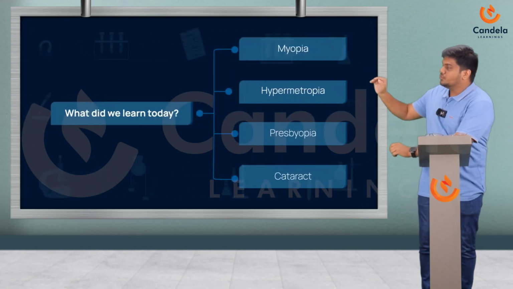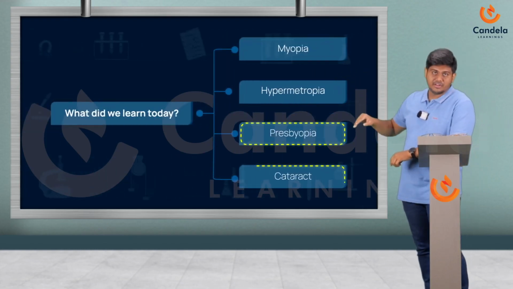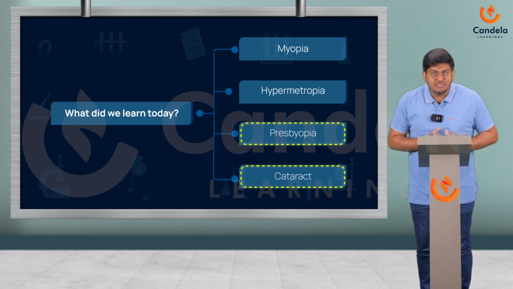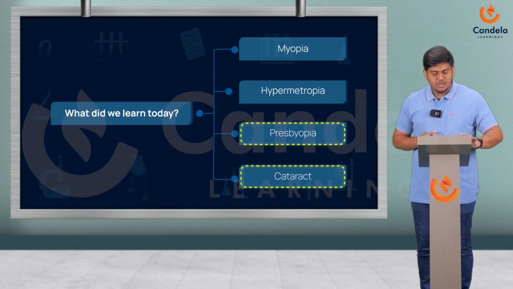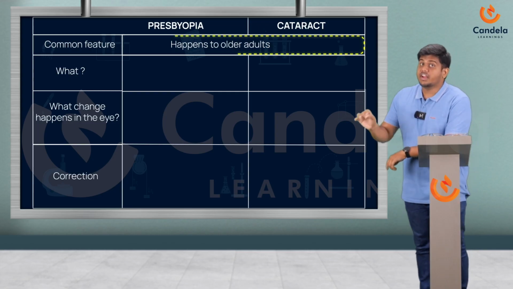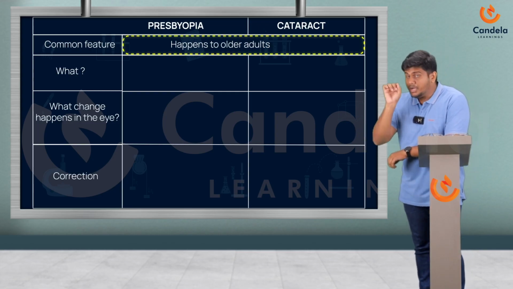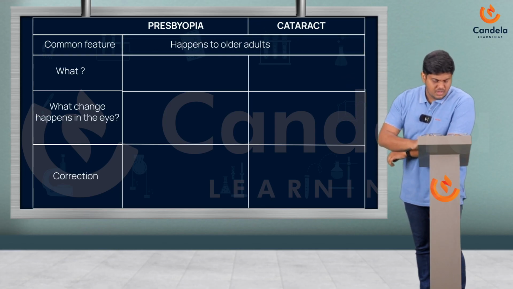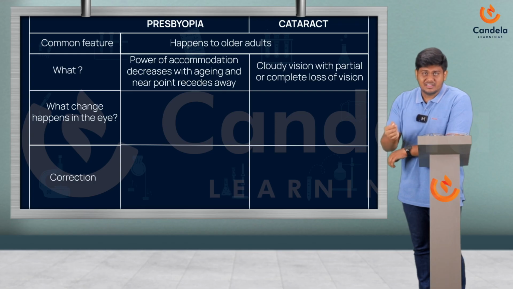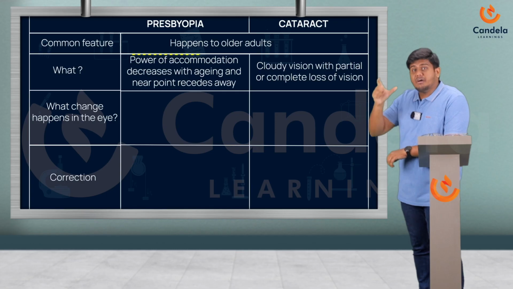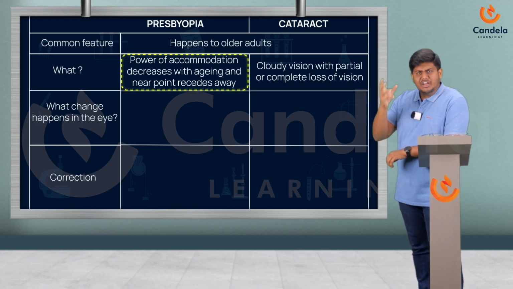Now let's move on to the last two topics, that is presbyopia and cataract. We will look at both of these questions together because there is a common feature for both of them. What is the common feature? Both of them happen to older adults, not to young people, but only people who are above a certain age. You will be wondering, what is this disease? So, what is presbyopia? It is when the power of accommodation of the eye reduces or decreases with age and the